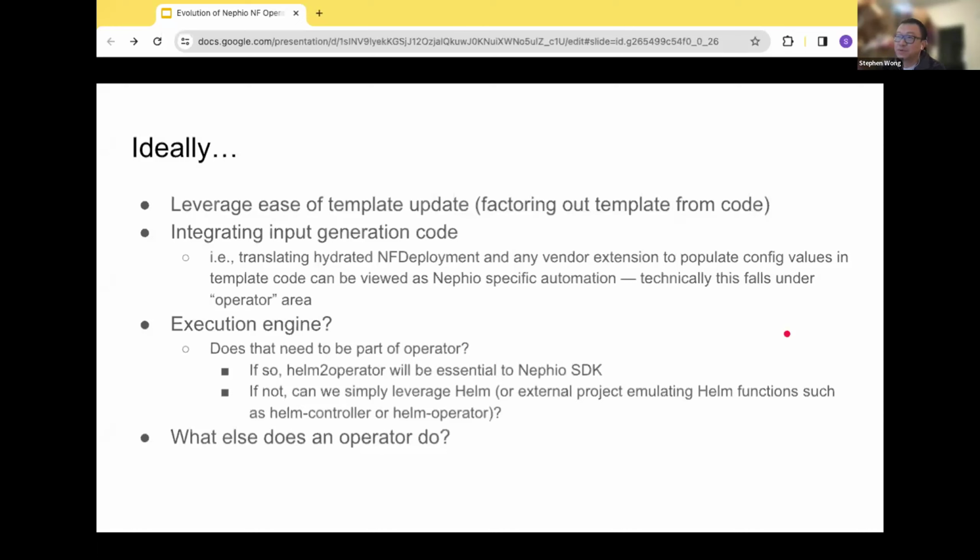These would be what would be done by an operator. An operator's role is to take all, well, not all, but as much of the manual process as possible from a human and put it in code. So the part where you do the translations is something an operator, or controller code, should do. The execution part, which is when the human applies the manifest, you could also separate out. It doesn't need to be done by the operator. It could be done by someone else.